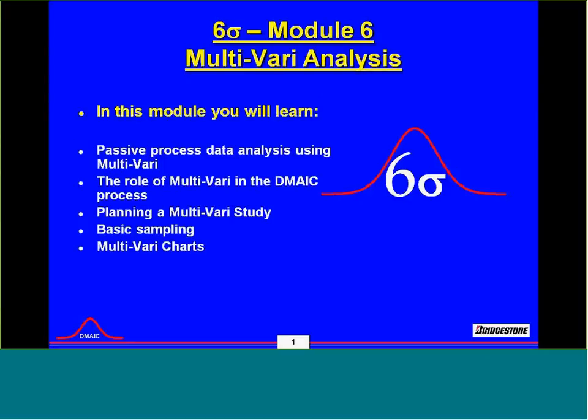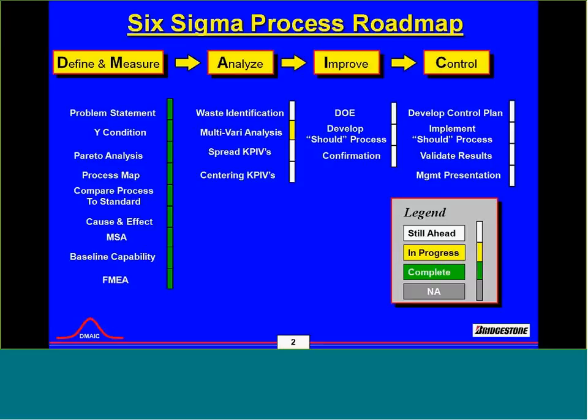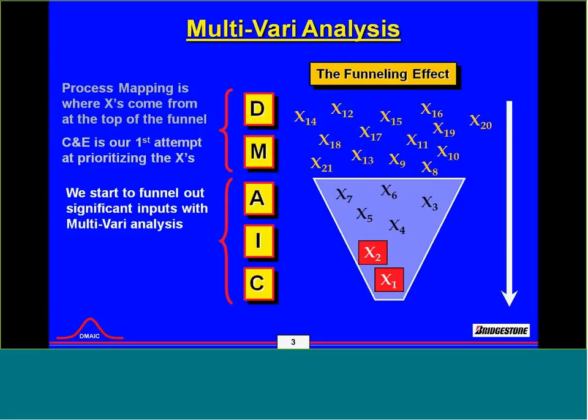Okay. So the things we just talked about are what we're going to cover today. Multivariate falls in the analyze phase of Six Sigma. The whole point of define and measure is to help reduce the number of variables that we're going to record data on. When we're talking about multivariate studies and the data points we need, it's talking about recording 50 X's, and then you have to get 30 different data points. That's a lot of data that you have to manage while the line is running, right? So what we try to do,